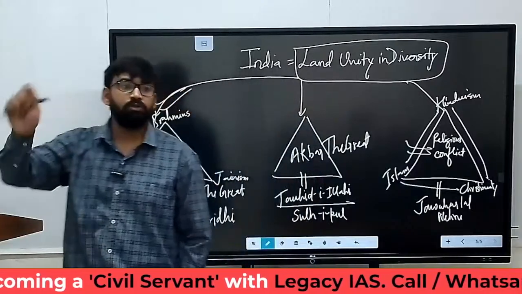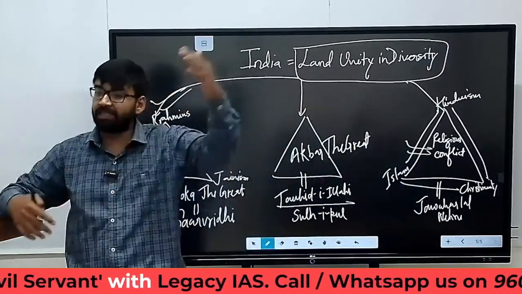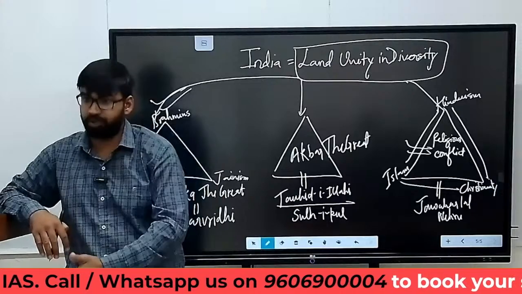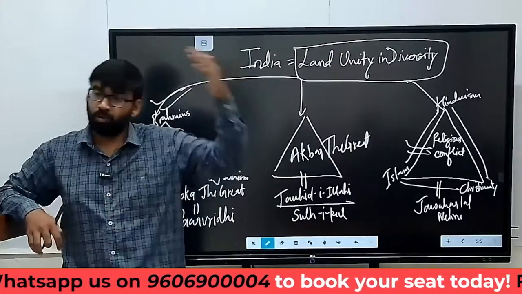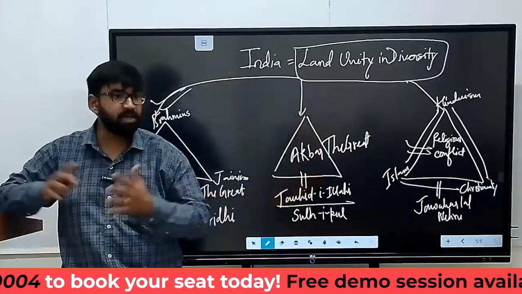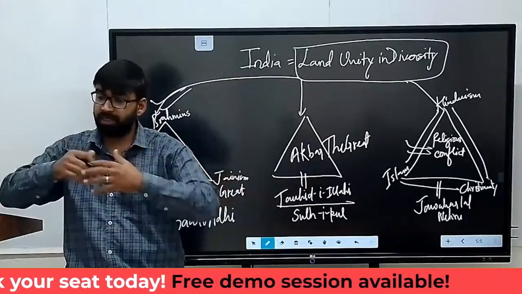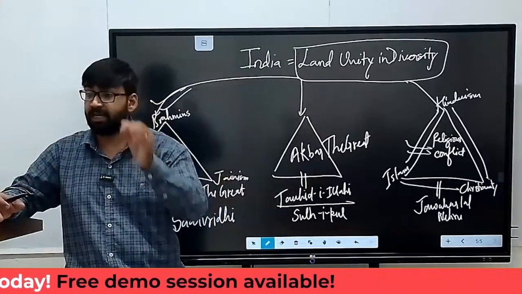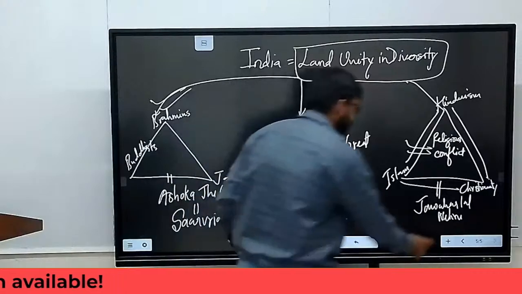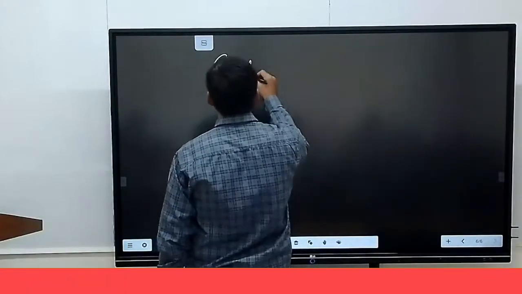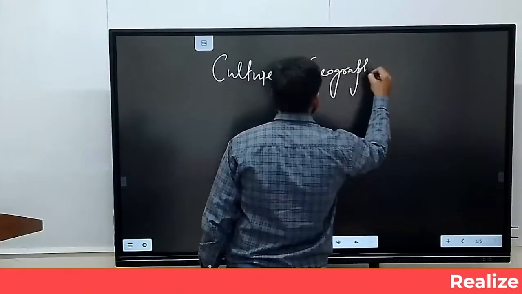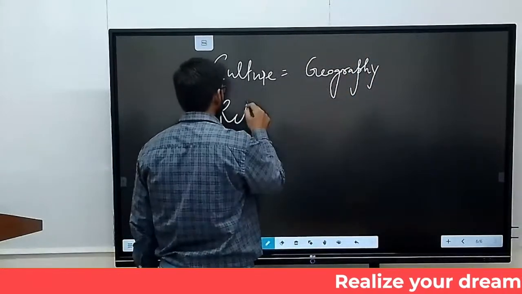So what is culture? Culture is always based on geography. And India is a vast landmass, from the Himalayas till the oceans, from the northeast area of rainfall till the Rann of Kutch desert area. Clear? So India has a vast geography. That is why there are 28 states, and the 28 states have their own different cultures. So culture is always based upon geography.